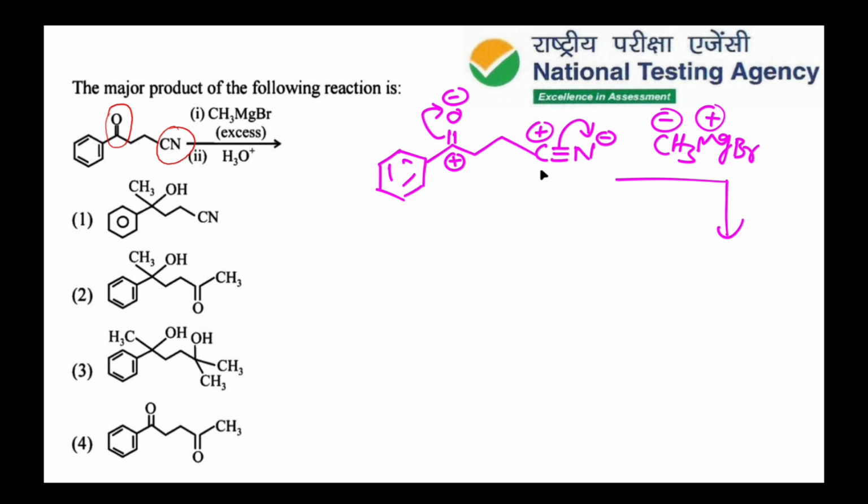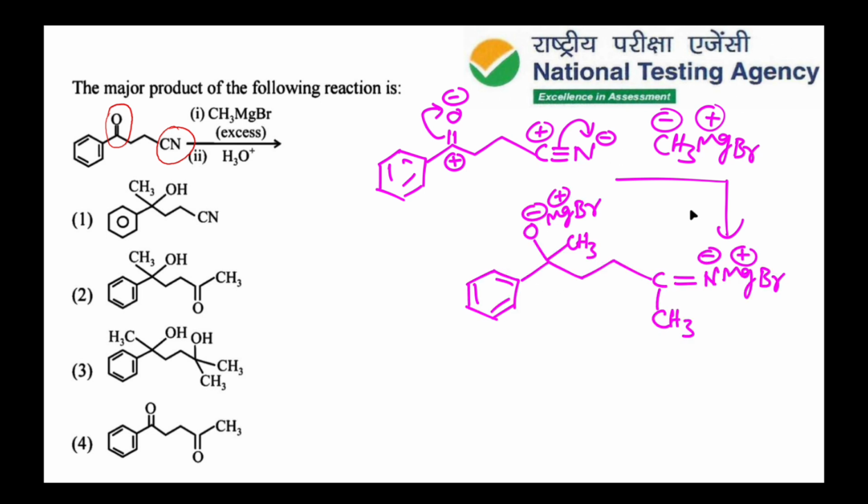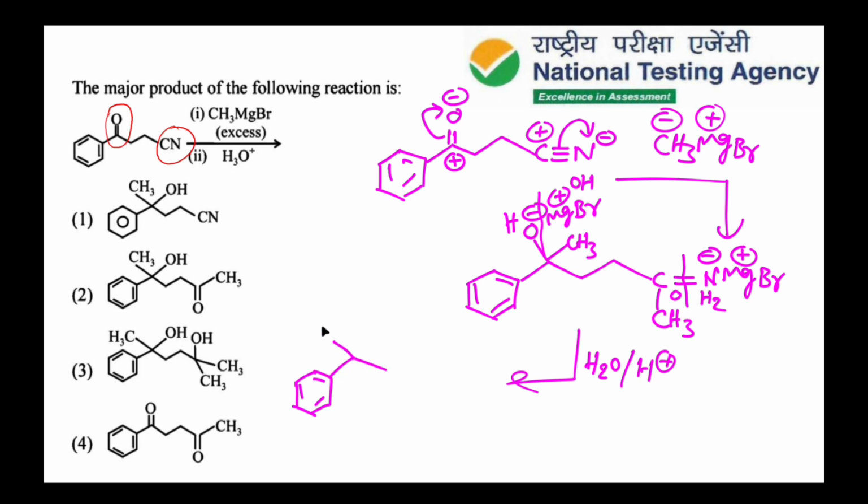This methyl group will attack the carbon, and magnesium will attack the nitrogen. So finally we can get the product like this. Then it further undergoes acidic hydrolysis. Due to hydrolysis, the bond breaks, H goes here and OH will attack the magnesium. Here also the bond breaks, H2 here and oxygen moves towards the carbon atom. So finally we can get that OH is there,